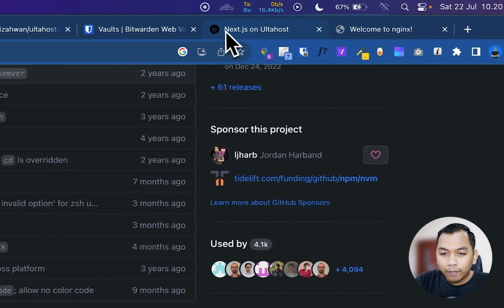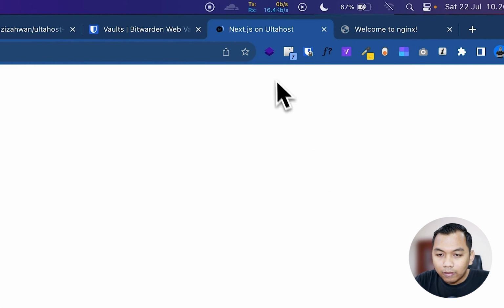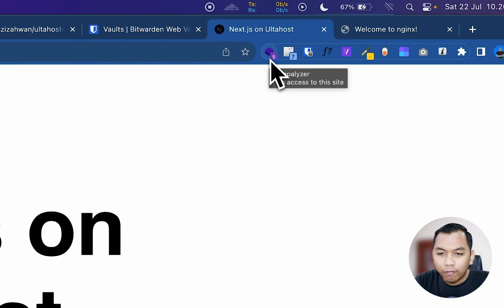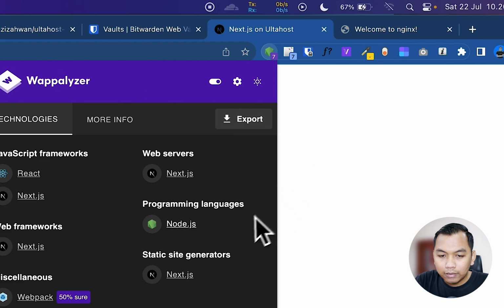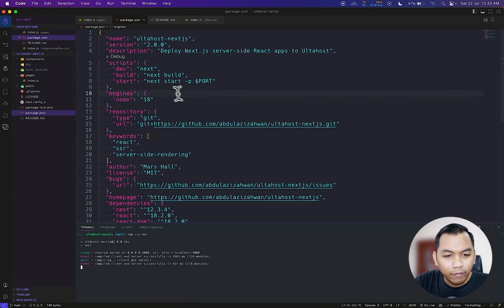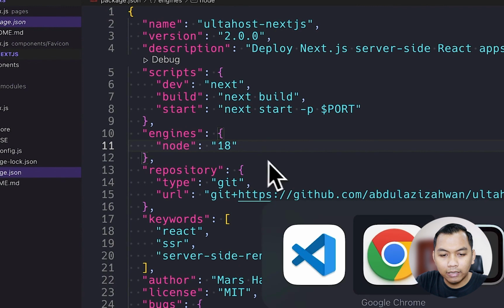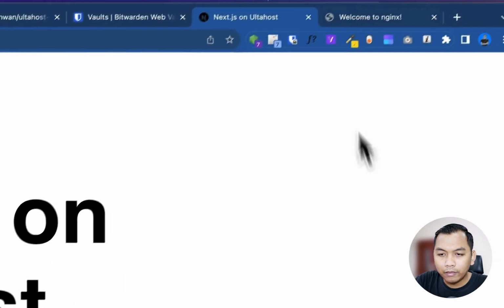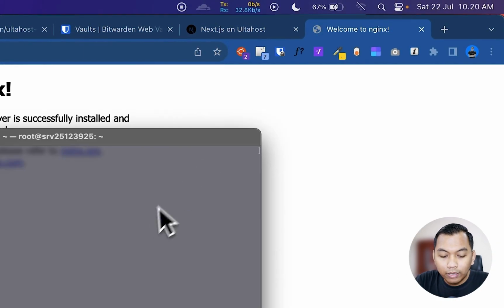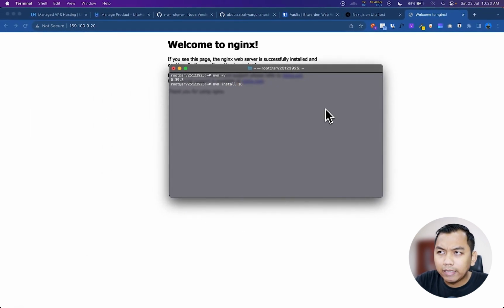And next, let's see the version of Node.js. So let's see from this code, as you can see here, Node 18. So what we need to do here is install nvm install version 18. Just press enter.